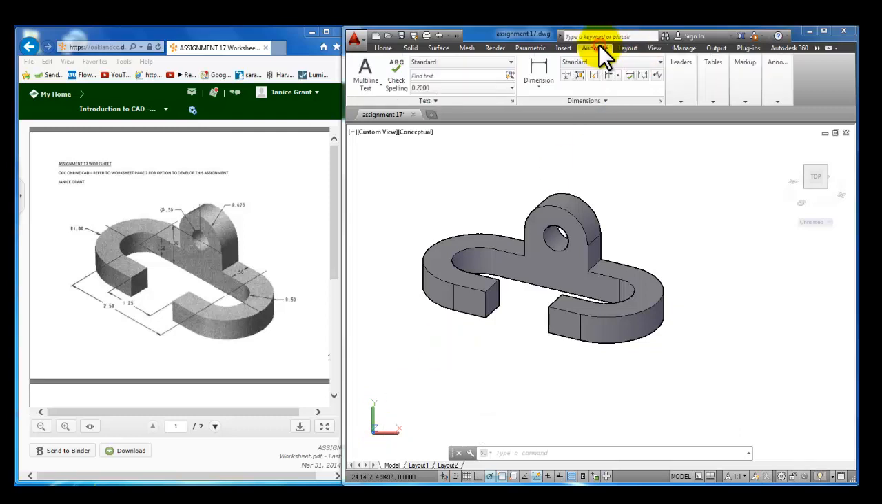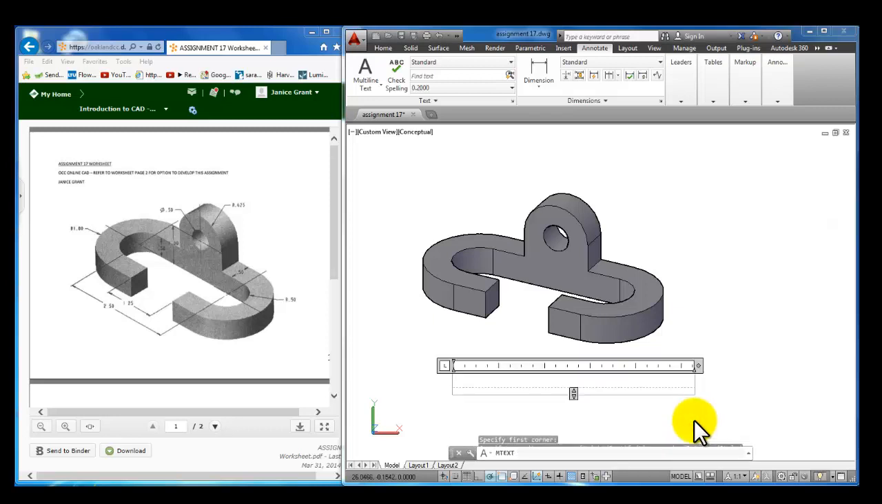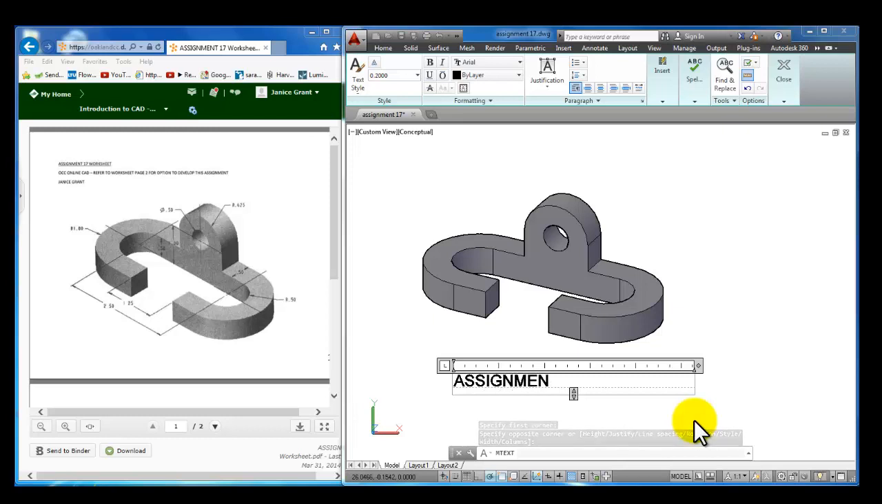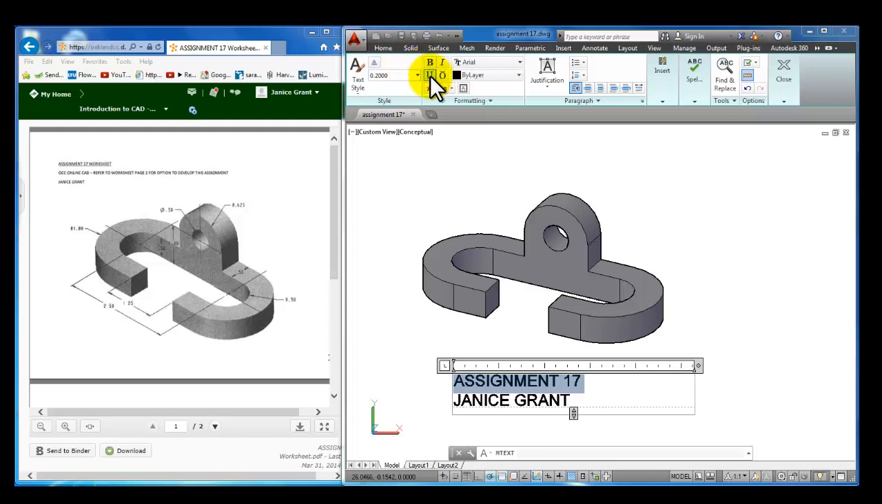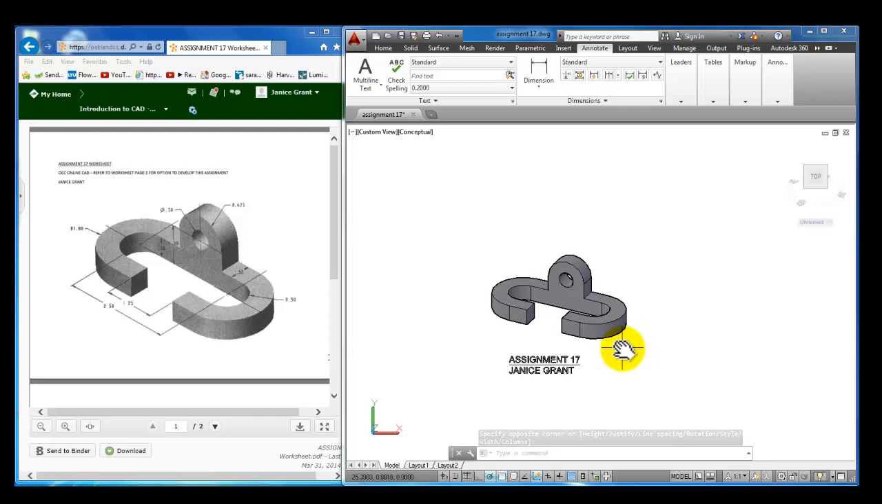You can go to the Annotate tab and use multi-line text here to place your title. I'm going to go ahead and click, pull my mouse across and click, and type in with the caps lock on whatever assignment this is for you. Could be a different number, and then your name. And then highlight this title and pick U for underline. Pick inside the CAD screen, and notice here that we placed our title,